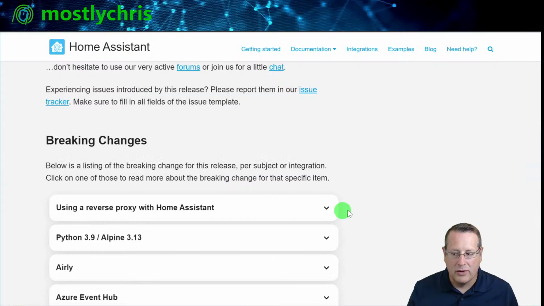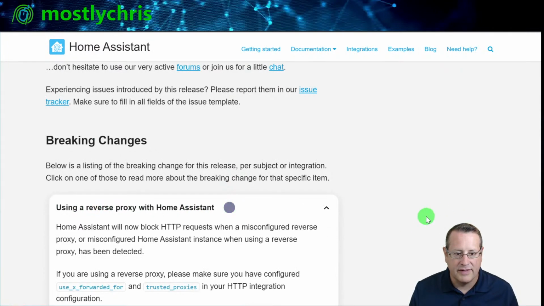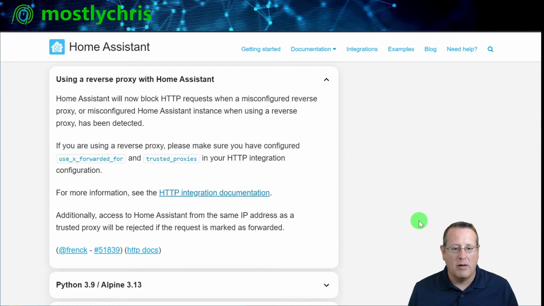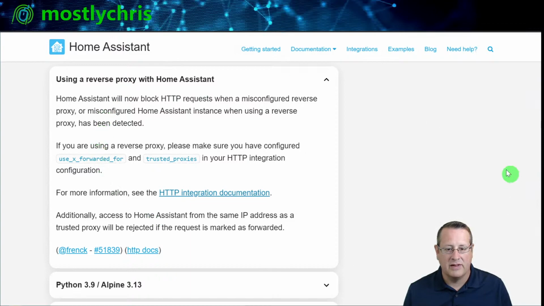Let me talk about this real quick before people run out of time and have to jump. Using a reverse proxy with Home Assistant. This was probably the number one question that popped up that I saw after the update. And again, you have to read the breaking changes. I want to be on the latest and greatest Home Assistant, but I don't want to be on the latest and greatest until I have time to make sure that things are correct first. And I knew this was going to be a problem because I run a